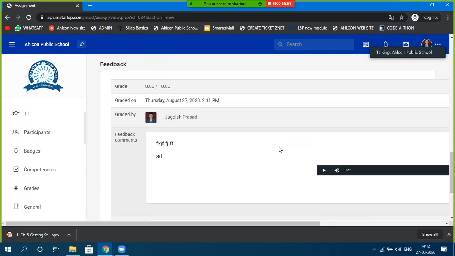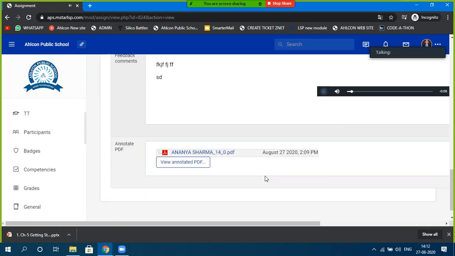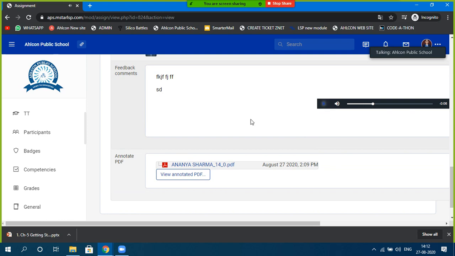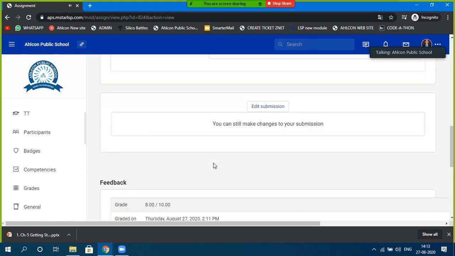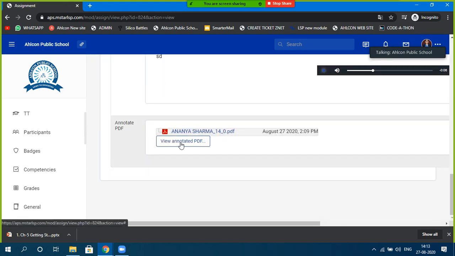You can see here on the student page grade 8 out of 10 has been given. This is the remark which I wrote using textual form. Who gave the grade? It's been displayed here, and in question number one, the syntax was wrong. That's why the feedback in audio form can also be listened to by the student. In question number one.